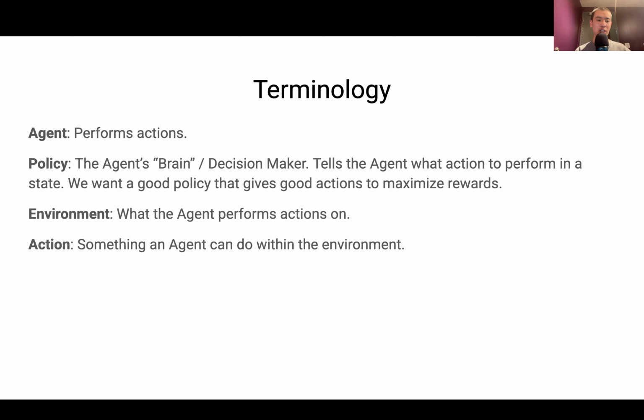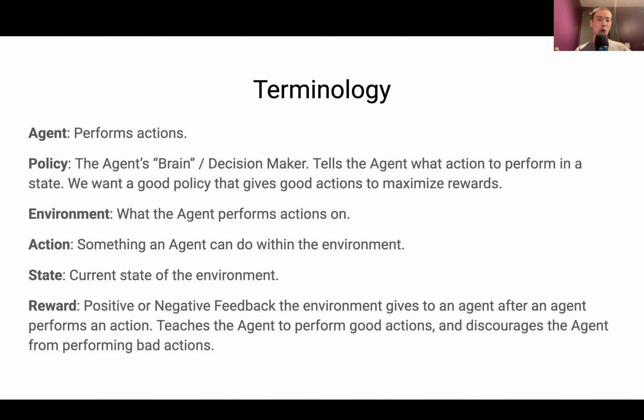An action is something an agent can do within the environment. The state is the current state of the environment. And the reward is positive or negative feedback the environment gives to an agent after an agent performs an action,